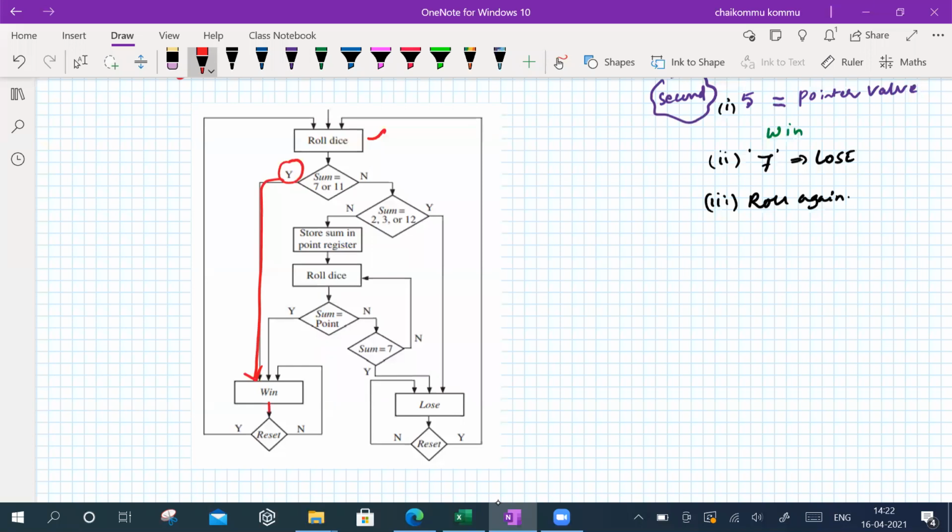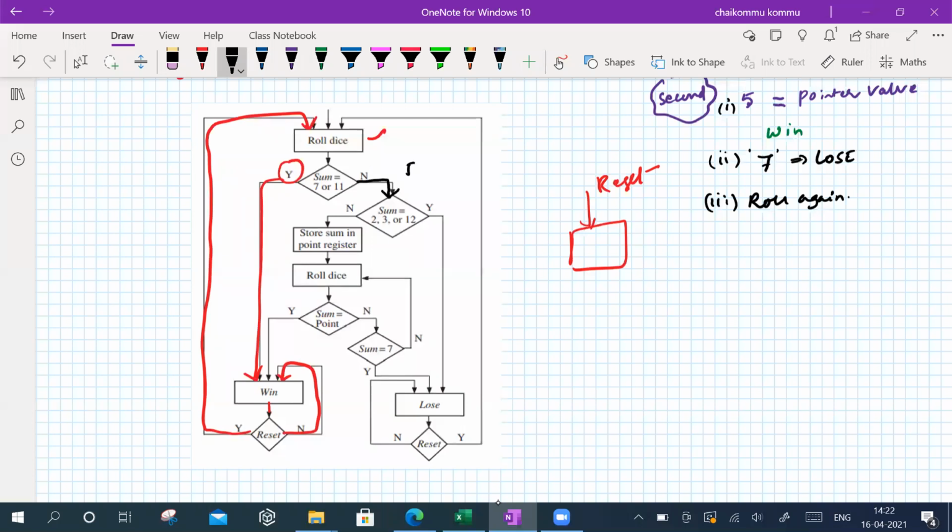And then we need to say whether a reset button is also there. For example, we have one reset button. Just pressing the reset button says that we are starting a new game. If you are pressing that, yes, it will start the rolling again. Otherwise, it stays in the same state. As simple as that. If it is 7 or 11, clear? Now, if the value is not 7 or 11 but some other number, for example the first time, if it is 2, 3 or 12, and it is true, then what do we have to do?